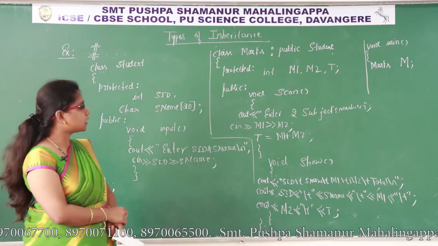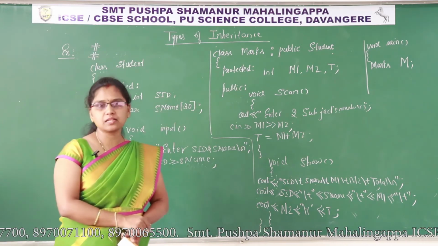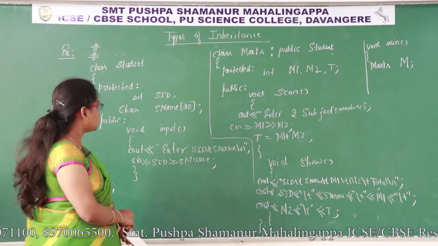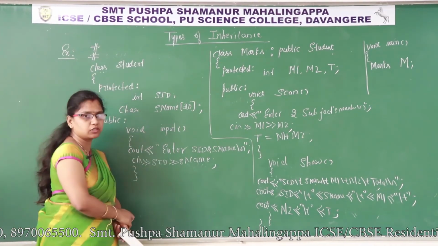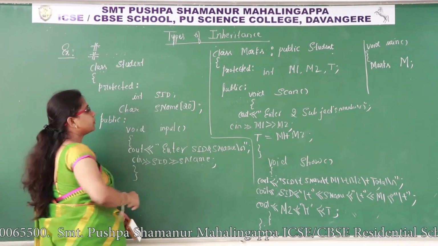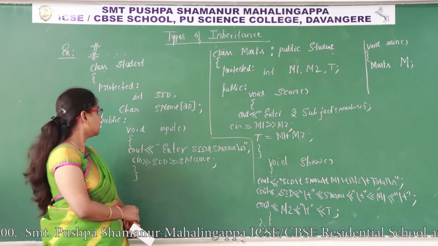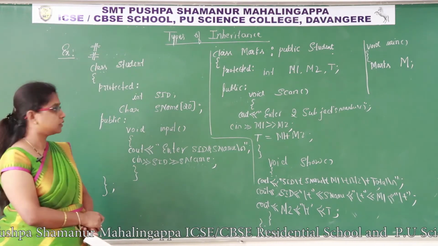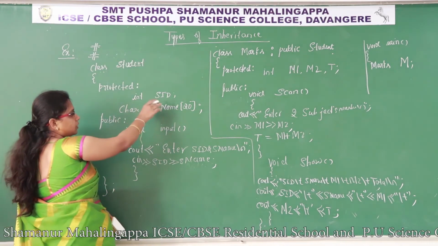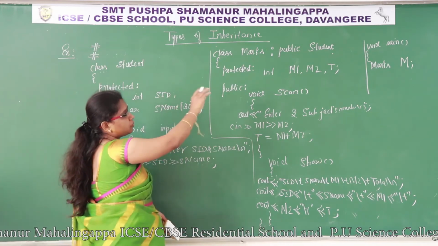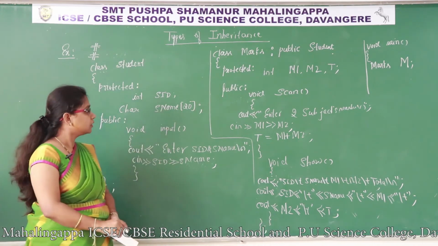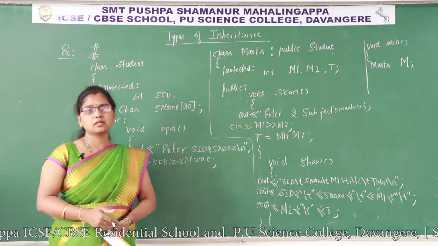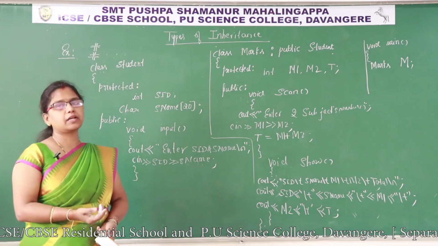You can access SID and SName either from base class member functions or from derived class member functions. So I have taken the input function to access the protected members of the base class. So what are the things inherited from base class to derived class? Protected members, SID and SName. These two come to the protected section of the derived class. So these members can be accessed either through the member functions of the base class or through the member functions of the derived class.